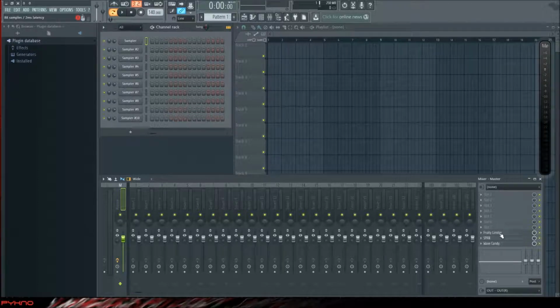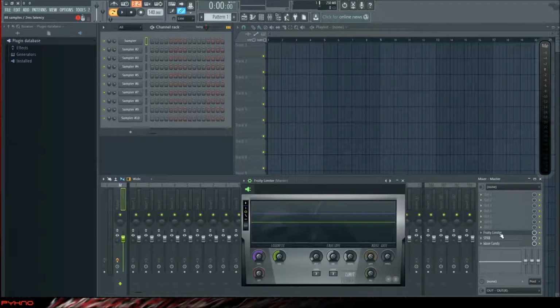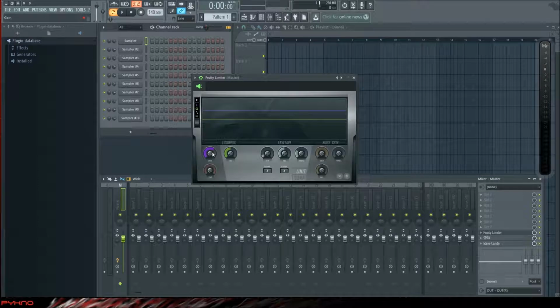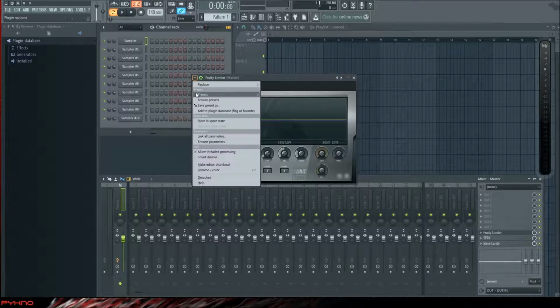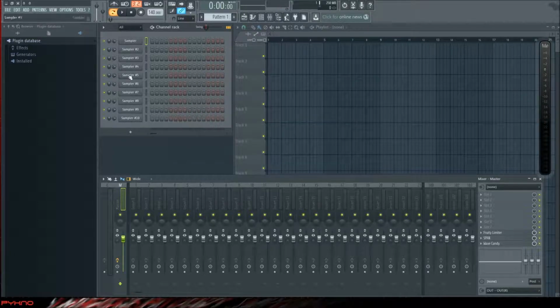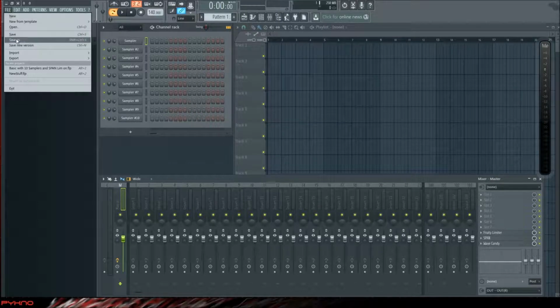Oh yes, the other big thing with the limiter is, have a look at that, your gain is actually pushed up on that. I just want it to limit, I don't want it to actually push up the gain, so I'll reset that the other way. Or the other thing you can do obviously is go to the presets and just go default, so no saturation on, and the gain and the ceiling is all at 0 dB, and I'll just leave it like that. Close that, and then we will go File, Save As,